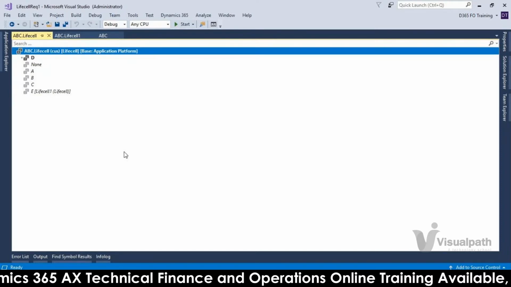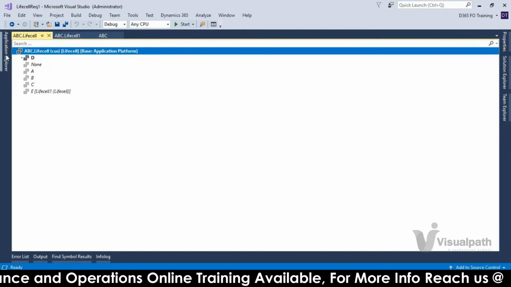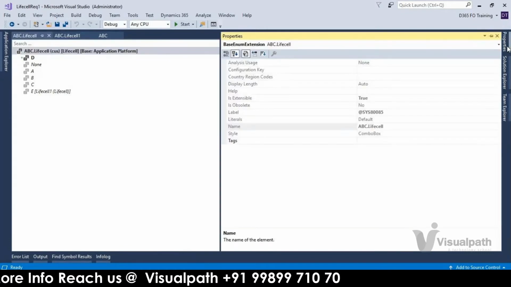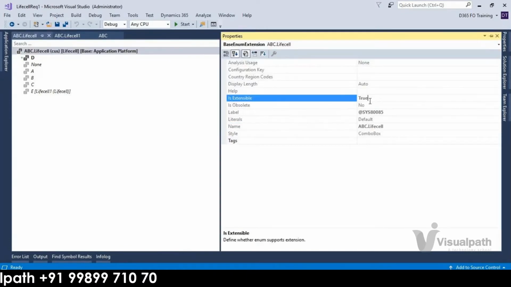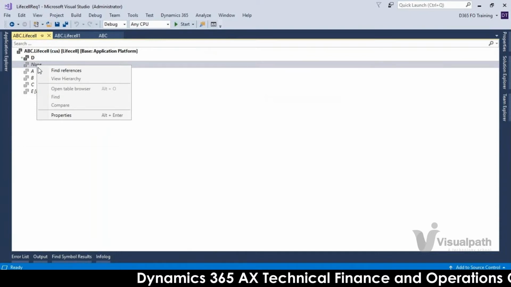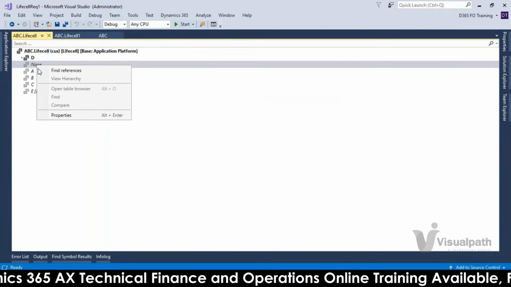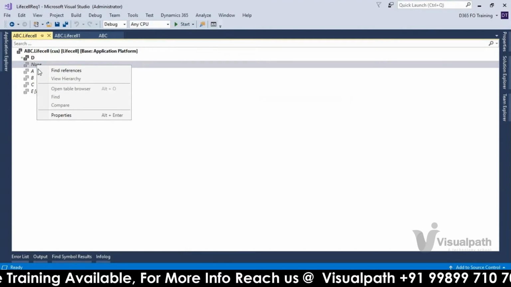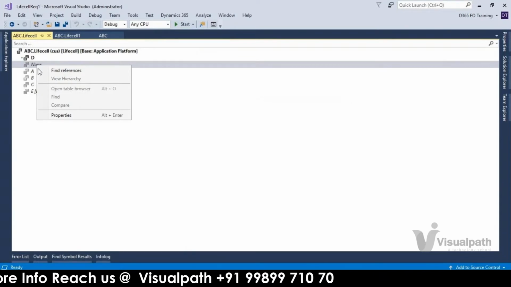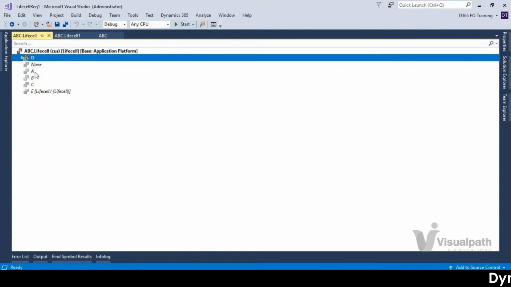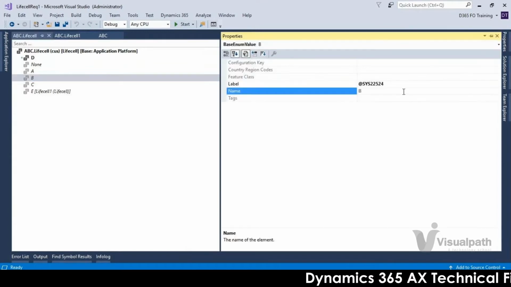Okay, and what other changes you can make to a particular thing? For example, if you created a new one, this is the old one, is extensible property, it is not allowing you to modify. Previously in AX2012, for example, if you want to delete this none, it is possible by using the overlaying concept. Have you people remembered? In a standard object, if you have 4 literals and want to delete one, it is possible in AX2012. Here it is not possible. You cannot delete anything by using this extension. You can add it, that's it.